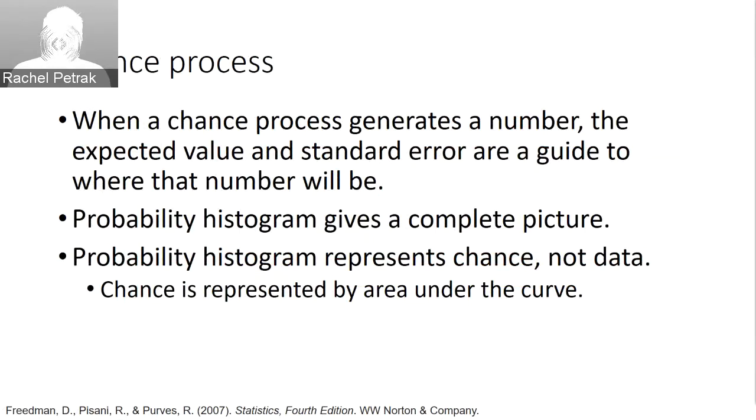Chance process underlies coin flipping or dice tossing, and that's why we are using these simple models of tossing a coin or a die or pulling tickets from a box. They all represent a chance process, a random process. And when a chance process generates a number, the expected value and the standard error are a guide to where that number will be. It's not enough to say, when you're dealing with a chance process, that you found the expected value. It's really essential to know the standard error, which helps to give you